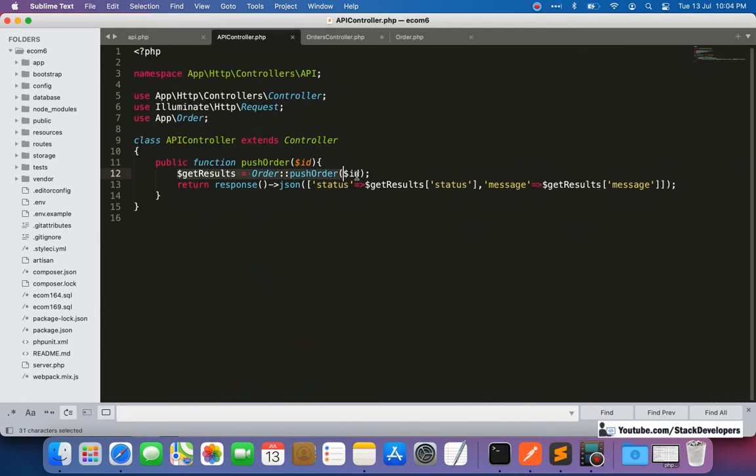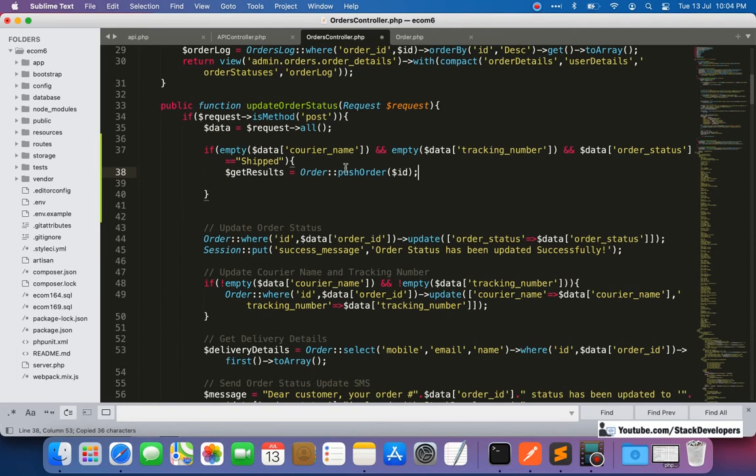See, how easy it is. I'm going to call push order in the order model, and we will send the order ID to push it. Simple enough.